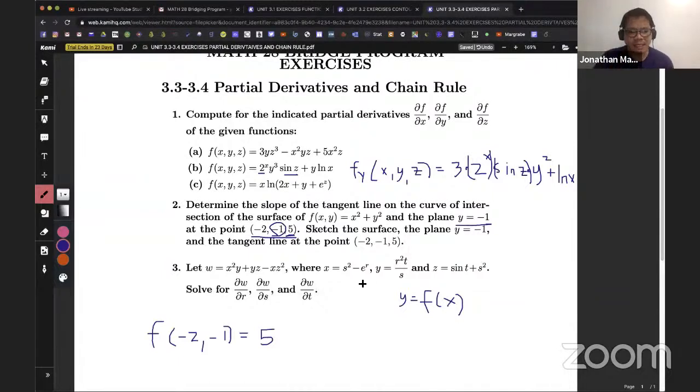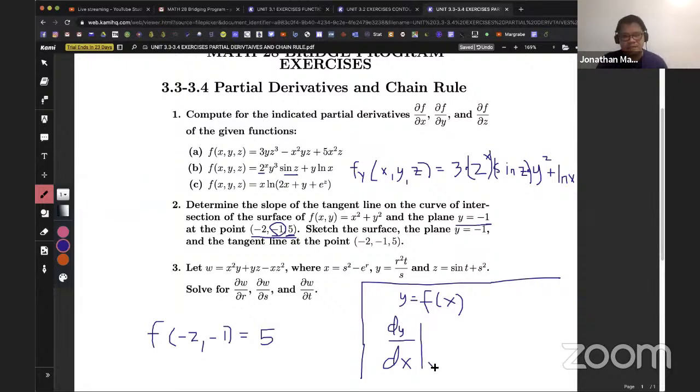Balikan natin yung concept ng derivative on a single variable. Pag kinuha natin yung derivative, dy over dx,